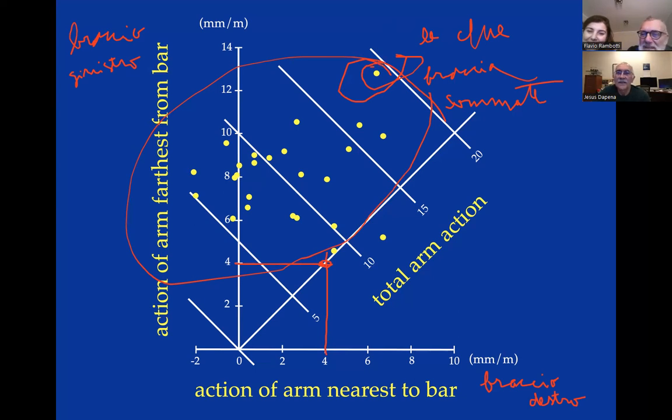Okay, so you see who I'm talking about. That is the person with the strongest arm action total. Who has the weakest arm action? This guy here. So we could say, well, what makes this guy particularly weak? And we can look at which arm is the main problem. And when we look at it this way,